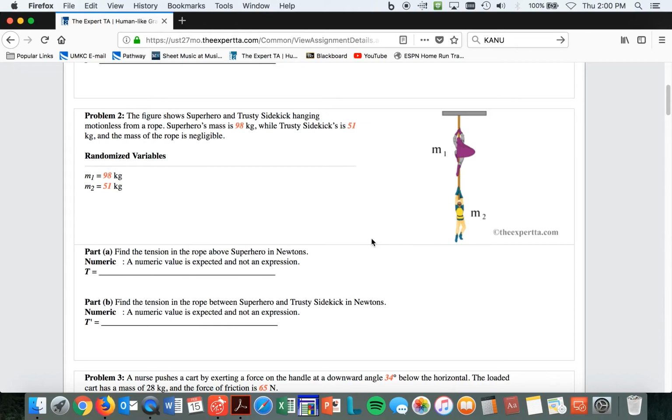All right, superhero and trusty sidekick are hanging motionless from a rope. Okay, find the tension in the rope above superhero Newton's, and find the tension in the rope between trusty sidekick and